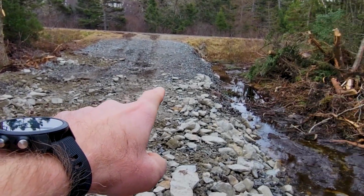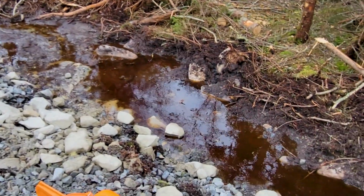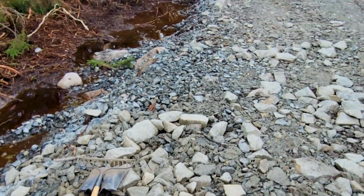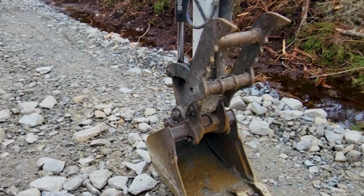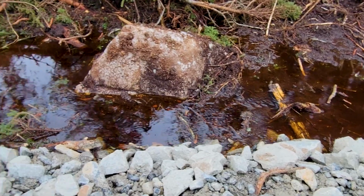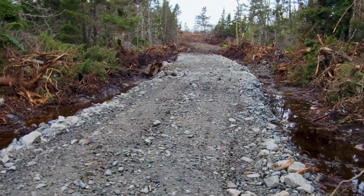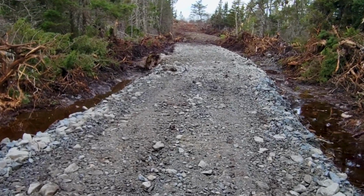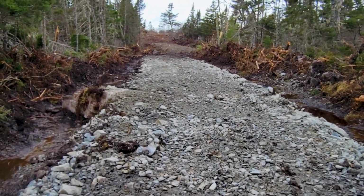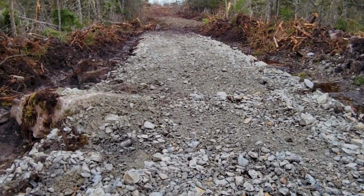So there's the road right there, and you guys can see I've ditched both sides, and we've got water draining, which is good. It actually rained 2 days ago, and it rained a ton, so this is really good that it's draining well. And then this is all the gravel that's been laid down, compacted by the excavator, and today we're going to be working on that section right there that you guys might be able to see